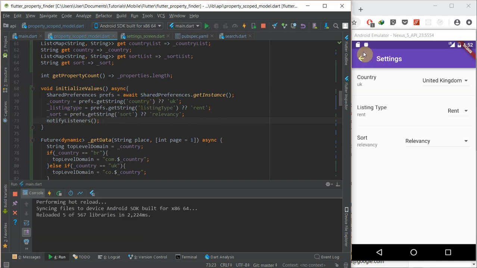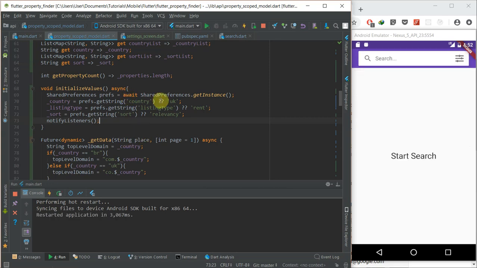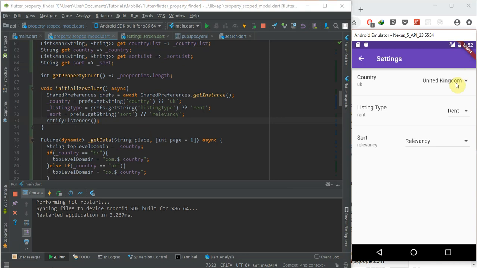So let me just do a hot restart first of all, because it just got them from the shared preferences, but you did not update it, so it's just still going to give it some values. So I'll change this thing to